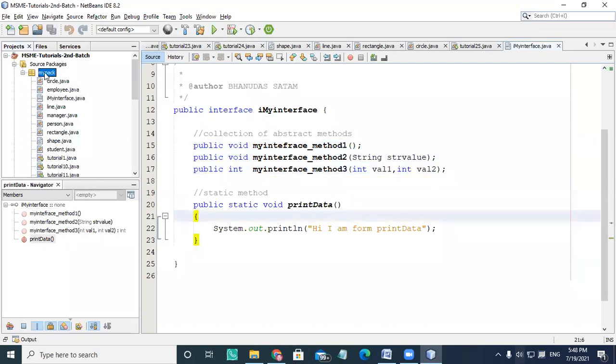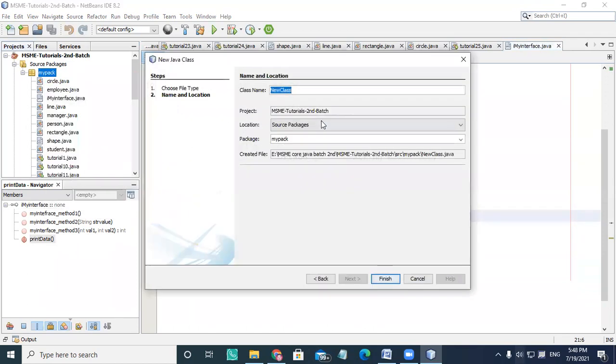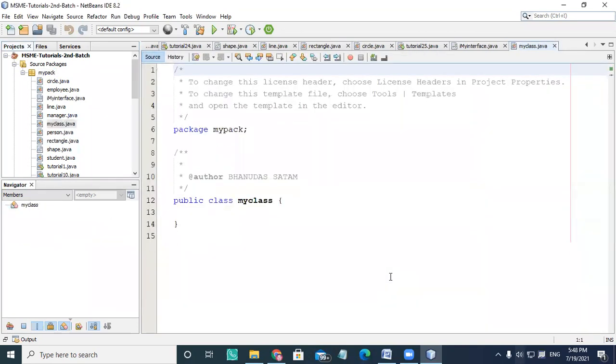Now I want to implement this method in my class. So I'm going to create my class here. This is the name of my class, and I'm clicking on finish. So this is my class, and I'm deciding to implement the interface. I'm choosing implements, it's not extends.